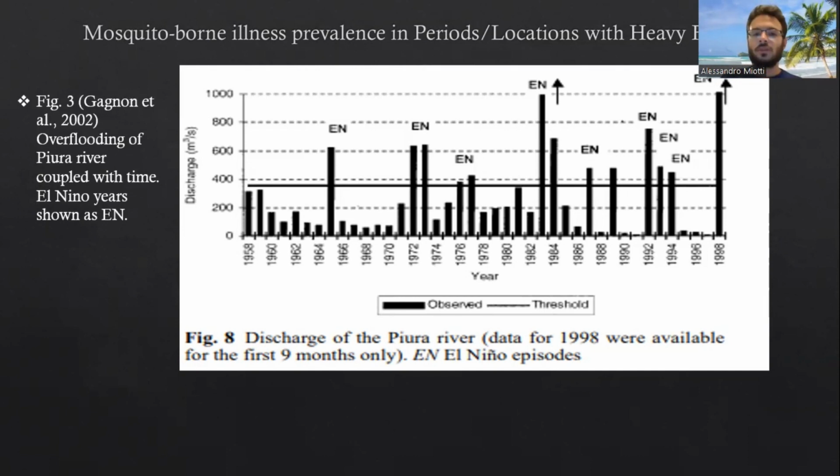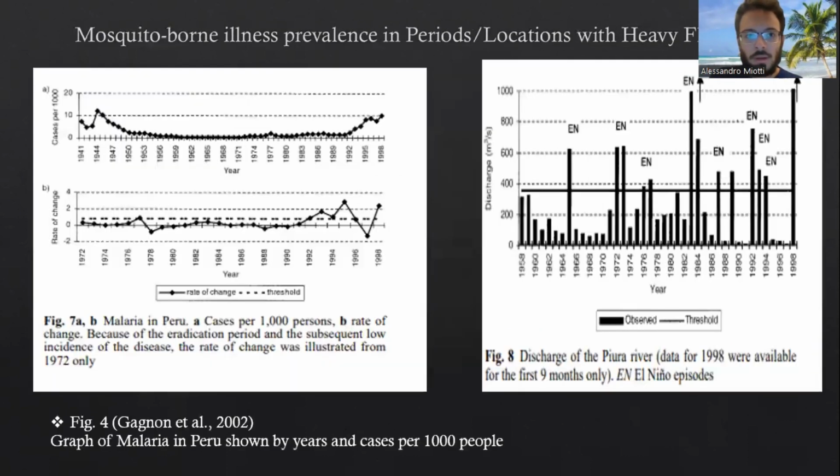But as we can see, there's really no overflowing of these rivers without El Nino years, apart from an anomaly here in 1989. These El Nino episodes are causing this river to flood or overflow, which is bringing stagnant pools of water thereafter, which is bringing malaria to humans. So we know mosquitoes are vectors of malaria, but what we're looking at here is we want to couple the graph on the right with the two graphs on the left.